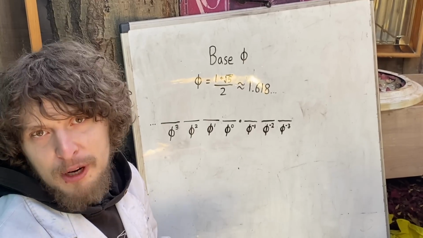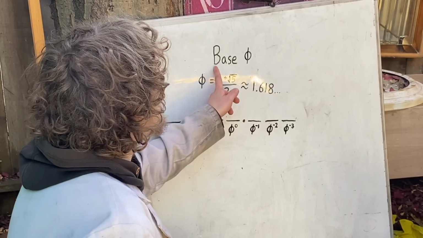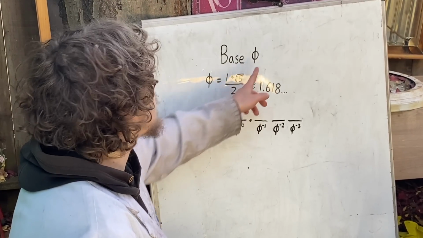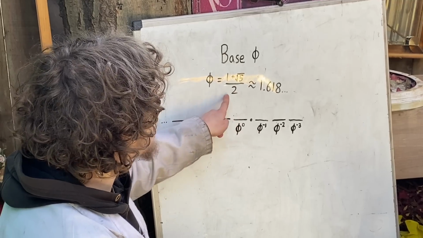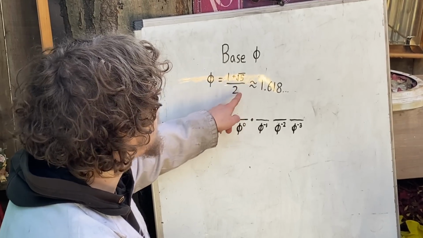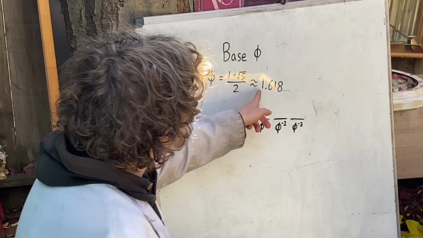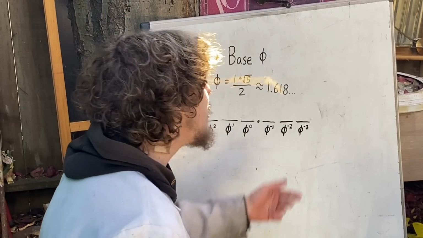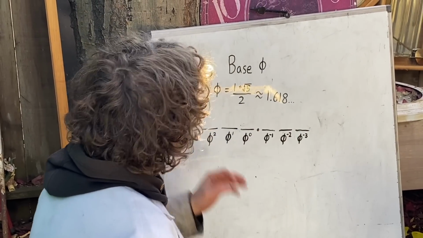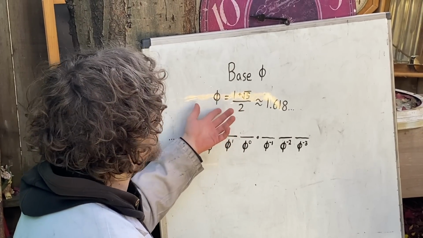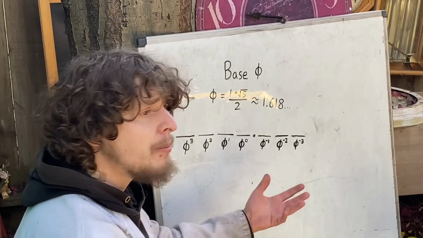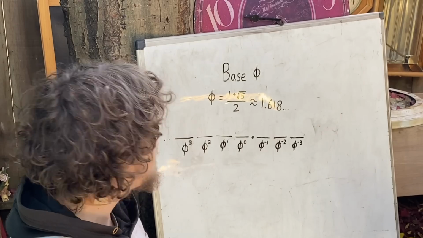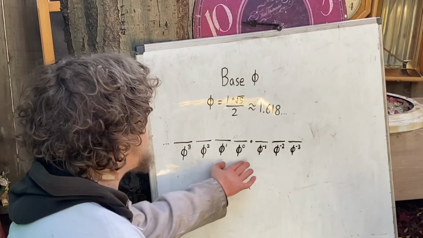Now, one of my favorite irrational bases is the golden ratio base, or base phi, this Greek letter it's commonly written with, and the golden ratio is 1 plus the square root of 5 all over 2, or approximately 1.618, and then an infinite non-repeating decimal, because it is an irrational number. And although it is an algebraic irrational number that's going to be possible maybe to write integers with, as opposed to a transcendental base like pi, it's going to be a lot more difficult than base square root of 2 or something,